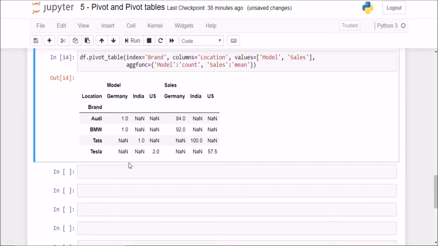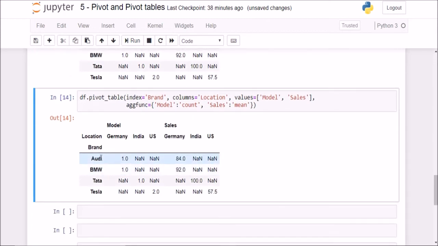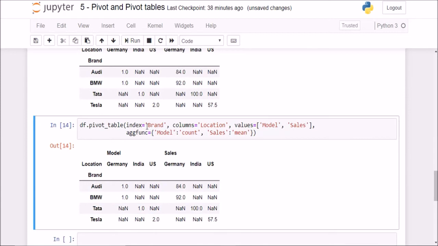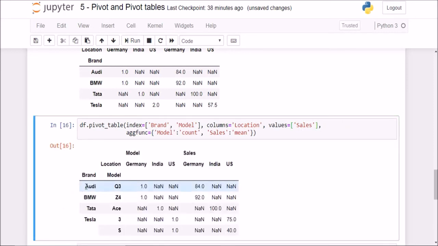Now just for another example, we will see how we can give a multi-index in my columns or in my index labels. Okay, so if I want a multi-index in my index, I'll say brand, and suppose I want model also here, so I'll remove this model here for now. Now you see that for each of those brands, I now have all the models that were represented by that brand as my index.